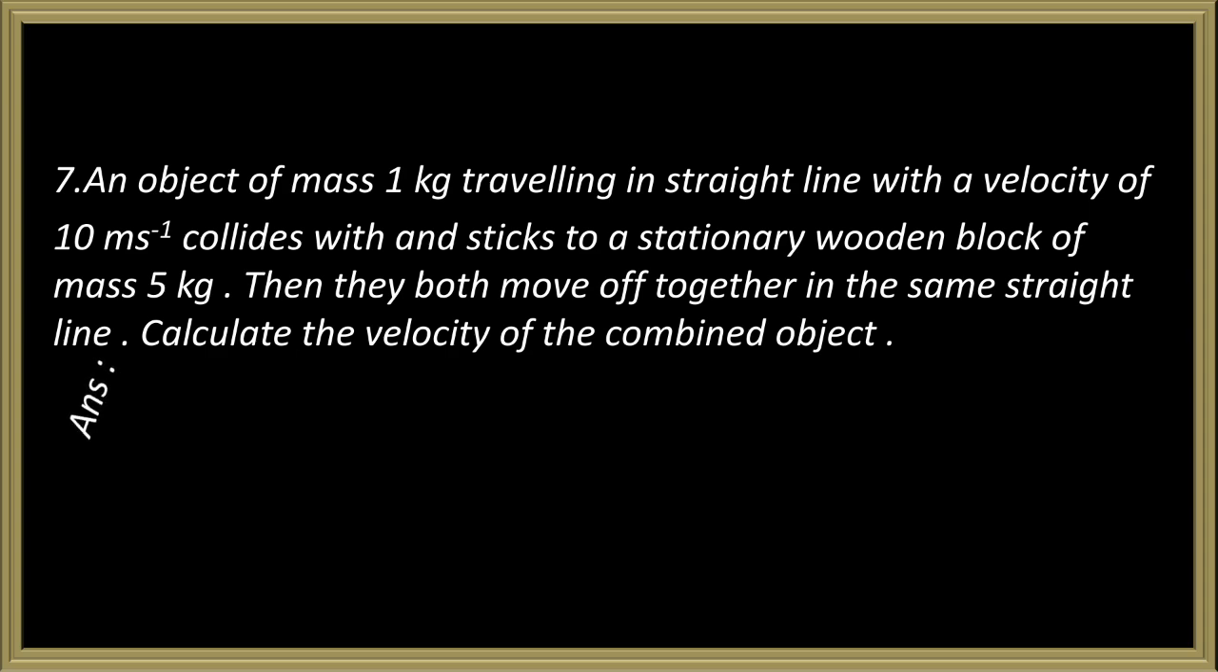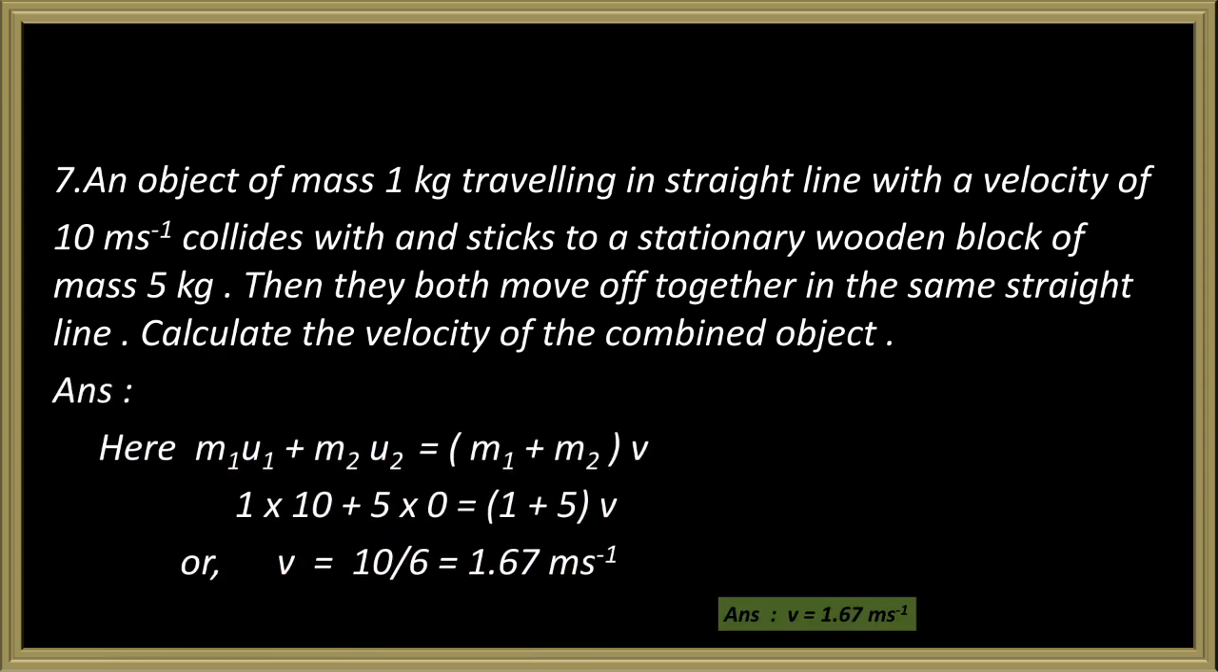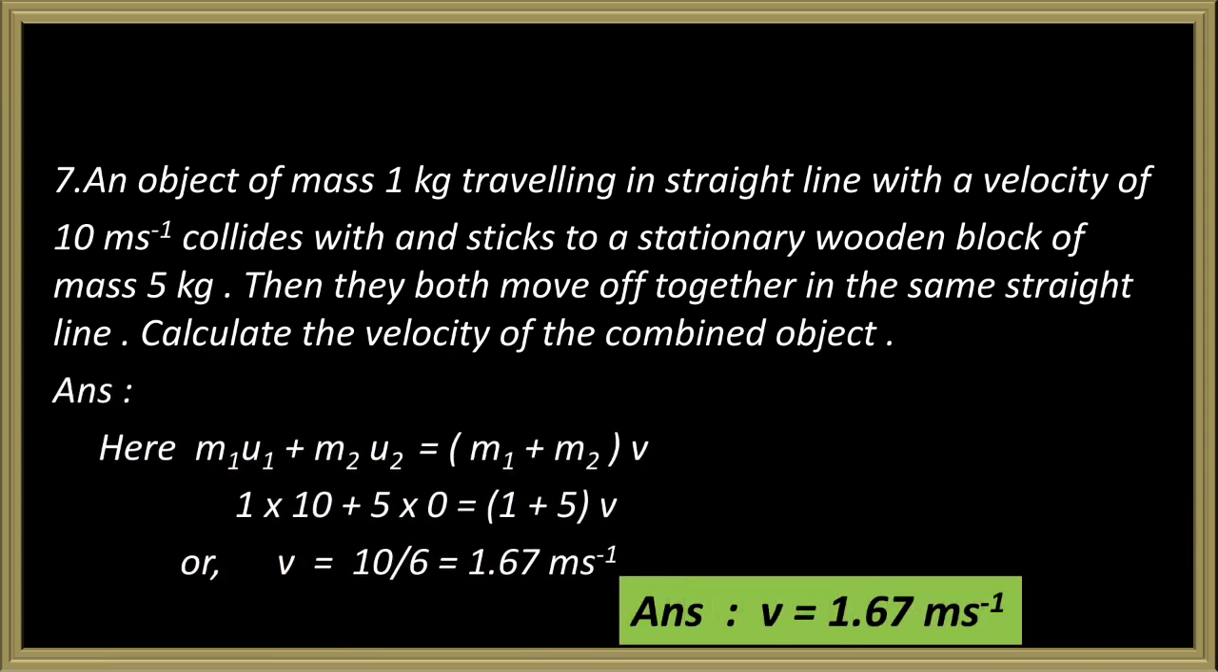Now question 7. An object of mass 1 kg traveling in straight line with a velocity of 10 meter per second collides with and sticks to a stationary wooden block of mass 5 kg. Then they both move off together in the same straight line. Calculate the velocity of the combined object. Okay. So